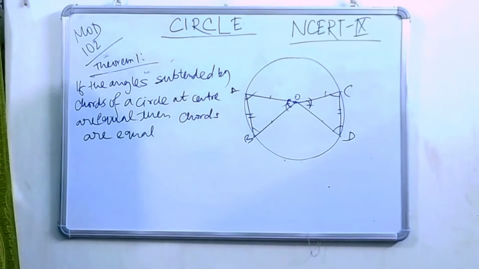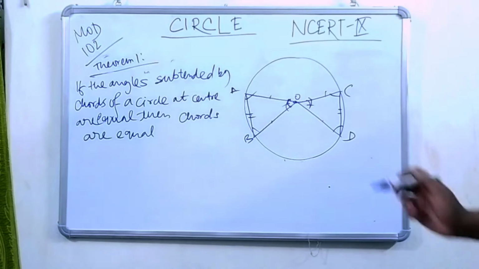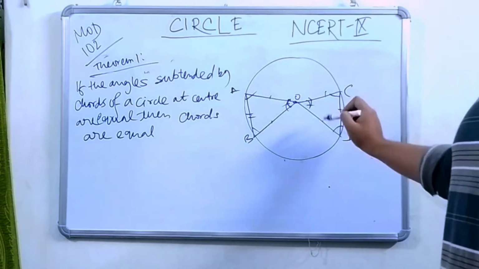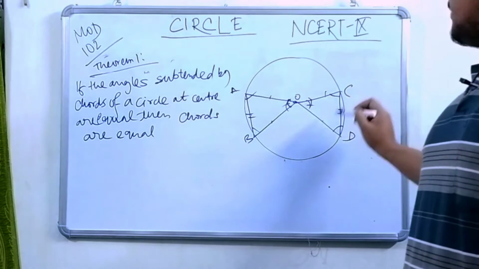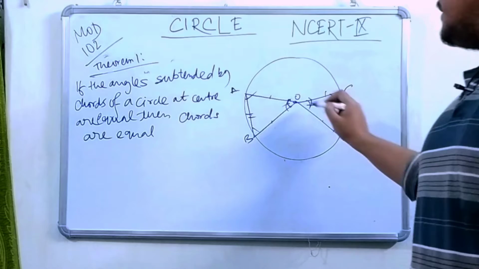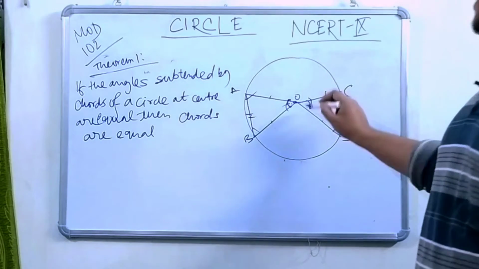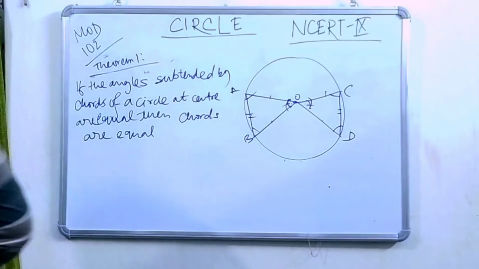Now how can I prove it? Similarly, I can just consider the two triangles here. Again, these are the radii, so these lines will be equal. If the lines are equal, then these two angles are also equal. Again, these two triangles are congruent. If the two triangles are congruent, these angles will be equal. I can prove it. I am just writing here. Let me rub it for you.